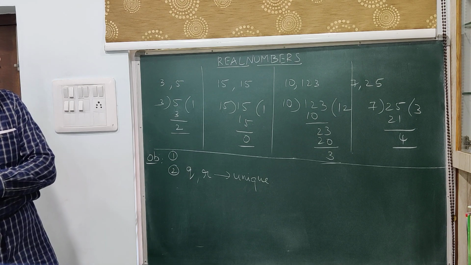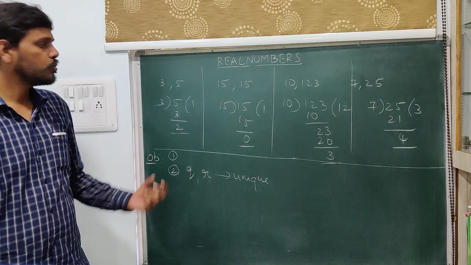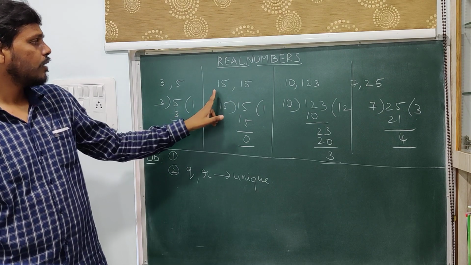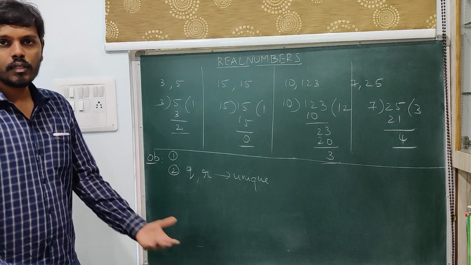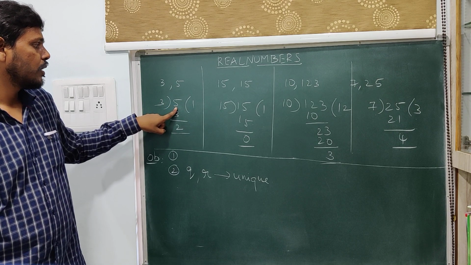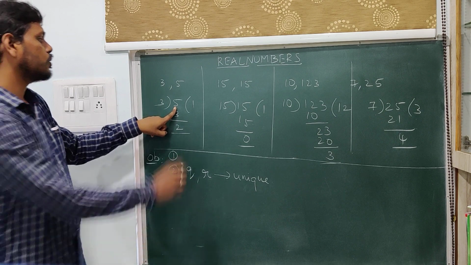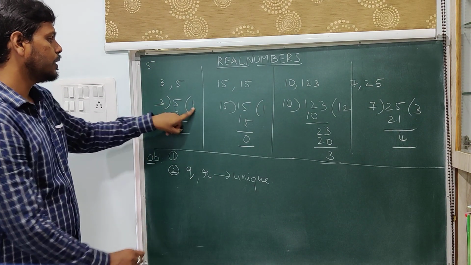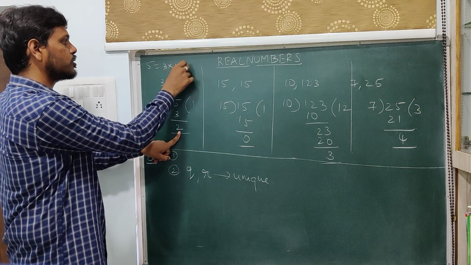Now, we try to establish a relationship between the given two positive numbers using the newly arrived numbers, which are q and r in this case, and I will follow the same thing for the other three cases as well. In other words, I will try to write the biggest number in terms of all these three. So, I will write 5 as 3 into 1 plus 2. May I write like that? 3 into 1 plus 2.